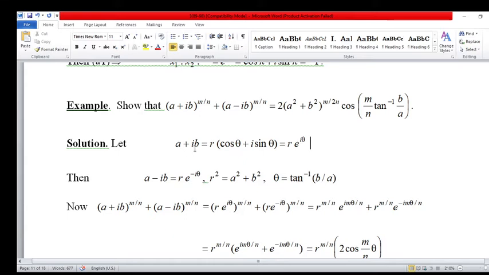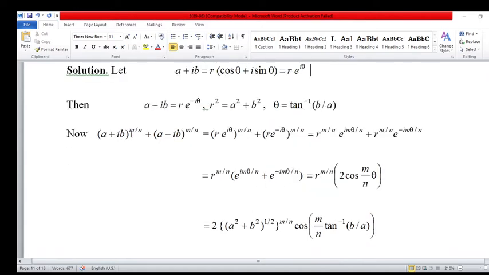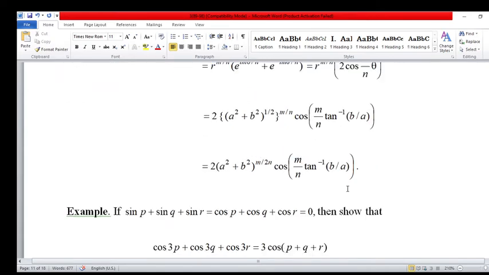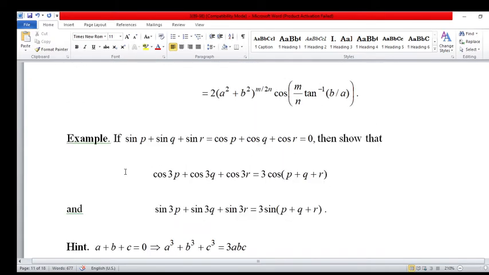Repeat this example. The first complex number is given, the second, and their Euler form is here. The second complex number is given, meaning their conjugate, their Euler form is given here, and this is the well-known result. Now substitute the value of the first complex number and second complex number and then solve. After solving we obtain this result, and substitute the value of r and theta here, then we obtain the result. Now next example. This is again an important example for the 5 marks.